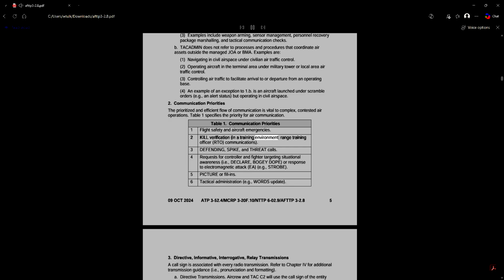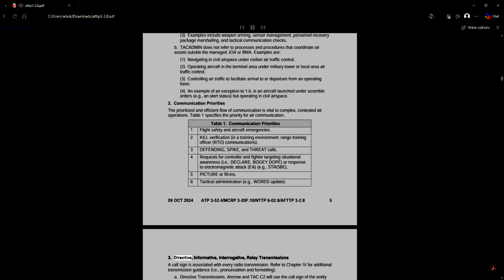In a training environment, range training officer, RTO communications. 3. Defending, spike, and threat calls. 4. Requests for controller and fighter targeting situational awareness, i.e., declare, bogey dope, or response to electromagnetic attack, e.g., strobe. 5. Picture or fill-ins. 6. Tactical administration, e.g., words update.